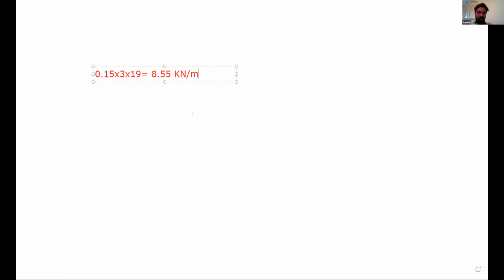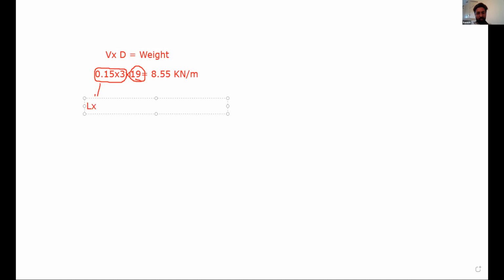What is the basic formula for this? Volume into density will give you weight. This part is volume, and this part is density. Volume means length into breadth into height.